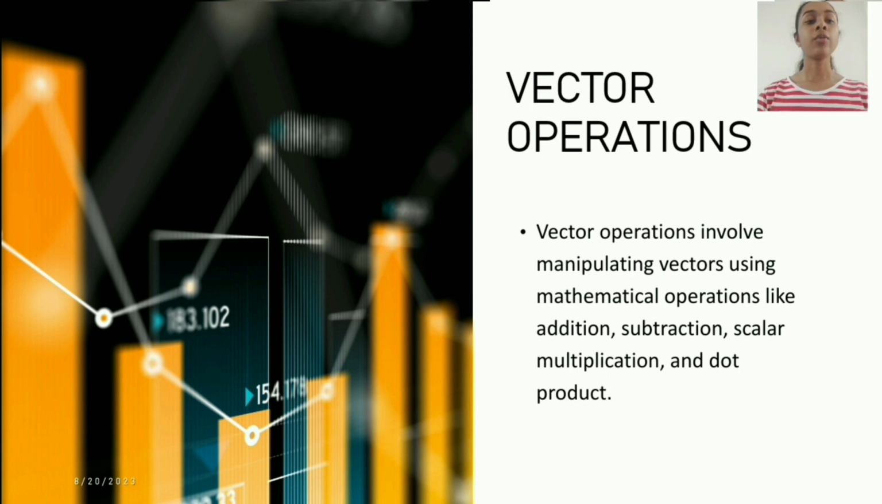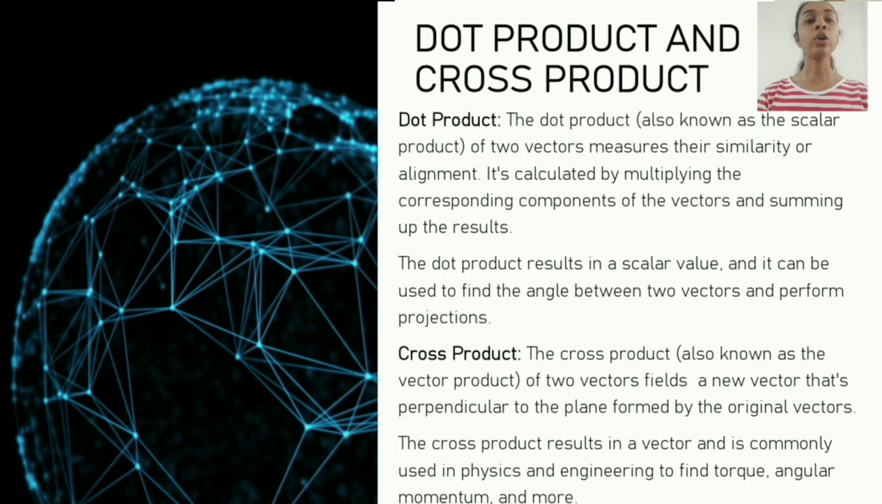Vector operations. Vector operations involves manipulating vectors using mathematical operations like addition, subtraction, scalar multiplication, and dot product. Dot product and cross product. Dot product. Dot product is also known as scalar product. The dot product of two vectors measures their similarities or alignment. It calculates by multiplying the corresponding components of the vectors and summing up the result. The dot product results in a scalar value and it can be used to find the angle between two vectors